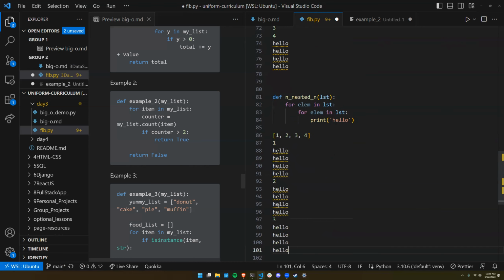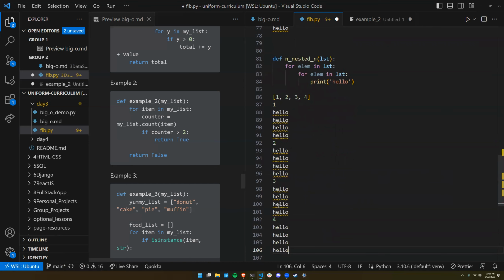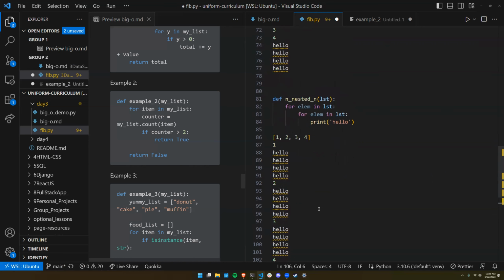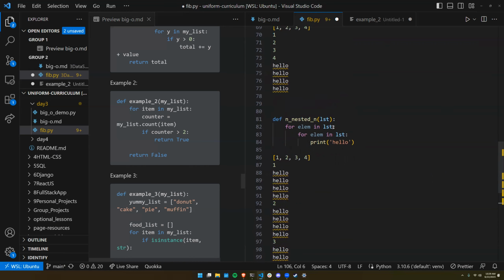And then 3. And I print it 4 times. 4. I print it 4 times. So now instead of 8, it's 16. And it's n squared because